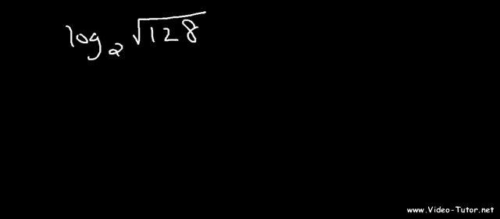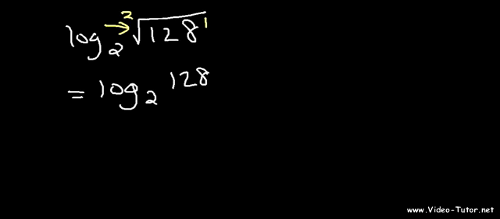Now what about this one? Let's say if we had a square root. Log base 2 of the square root of 128. What would you do in this case? You need to know that the 128 is raised to the 1st power. And for square roots, if you don't see a number here, there's a 2. So we can rewrite this as log base 2, 128 raised to the 1/2. And we can move the 1/2 to the front. So therefore we have 1/2